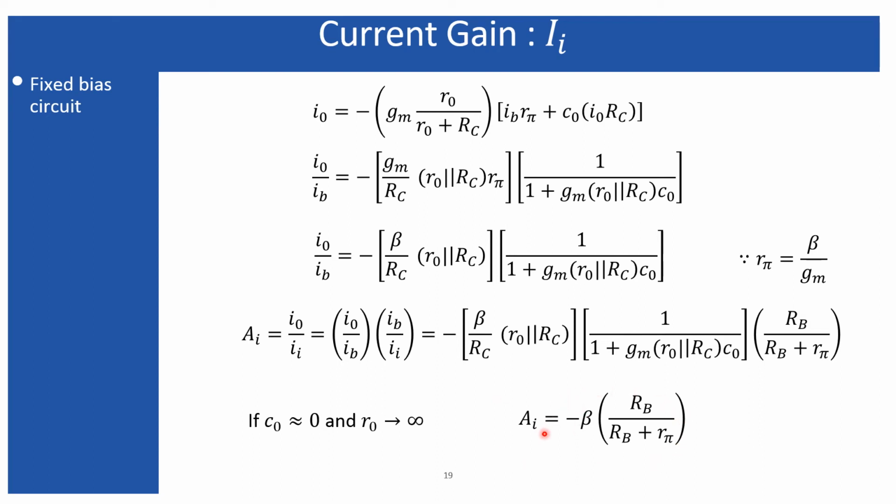Now from this expression you can easily identify why beta is called the forward current gain in common emitter configuration, because if RB is very much greater than this R pi, which is generally the case, the current gain of this common emitter configuration is equal to this beta, and that is why beta is called the forward current gain. And from the initial definition of beta, I have assumed beta is the ratio of IC to IB, and here the final expression, whenever you are applying the AC signal, the current gain is equal to beta if RB is very very greater than R pi and the early effect is neglected.